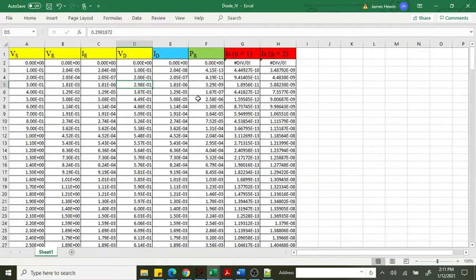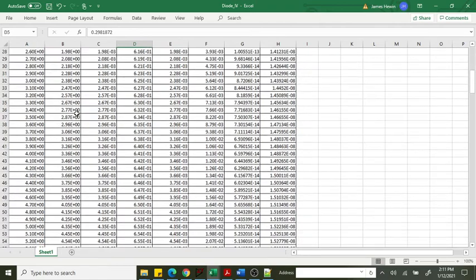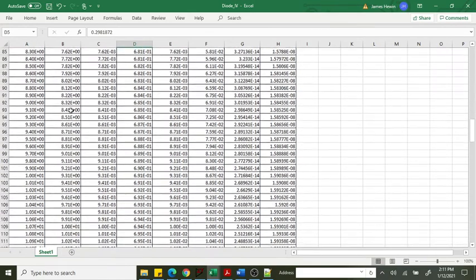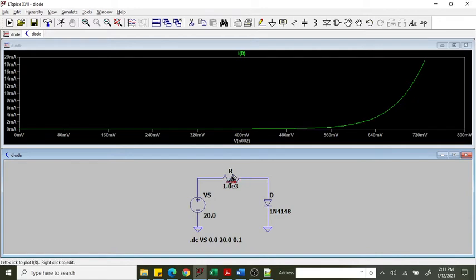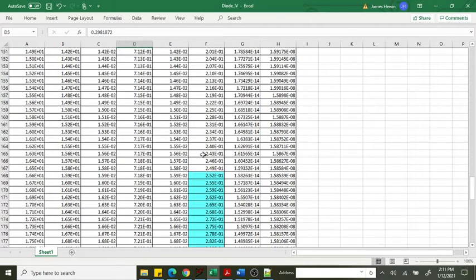The other thing is, in this simulation, I went all the way up to 20 volts, and you've got to be mindful of the fact that in this circuit we have a 1K ohm resistor. Resistors have a power rating in watts, and a common power rating is a quarter of a watt, so it's 250 milliwatts. So what I've shown here is that in the real world you wouldn't want to go above about